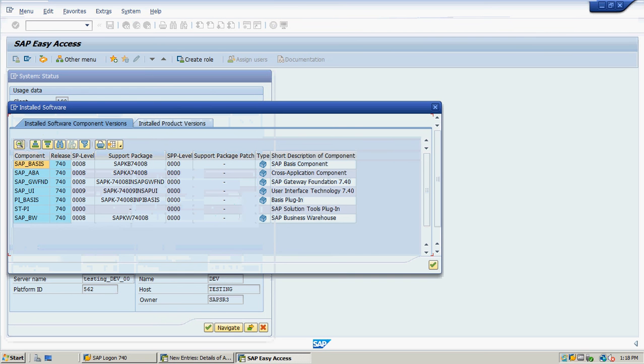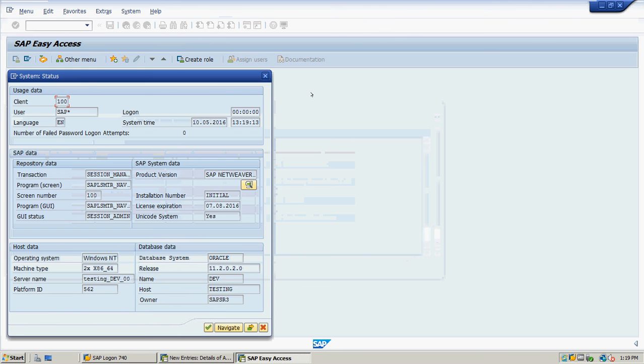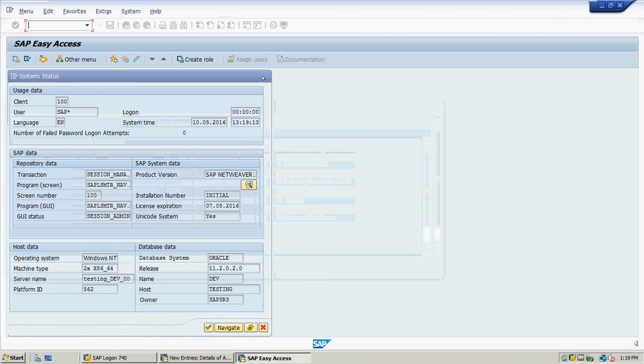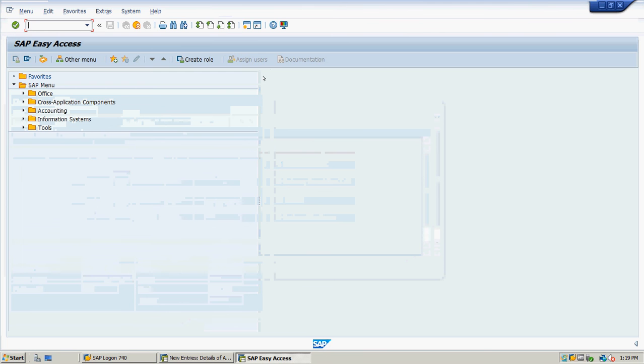Okay, as you can see the release is 740 with the version as SP8, and you are able to see only a few software components because I have selected only a few components, or by default a few components came because I had installed the NetWeaver 7.4 system, the platform. I have not installed the ECC, the complete package. I had selected only the NetWeaver release 7.4 SR2 system. So this is all about it.